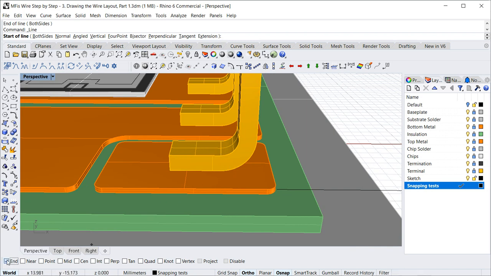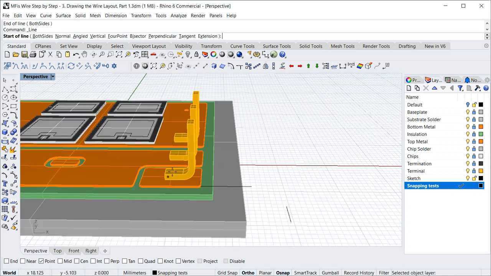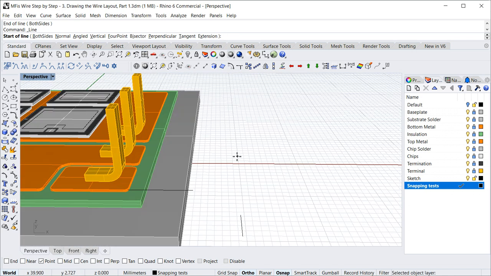So the next snap is near. This I never use typically because it snaps everywhere on an edge for instance, and this is very undefined, so I always have it turned off. Point snapping snaps to points. At the moment we don't have any points. We can create some points by using the point tool. Let's just create 3 points,